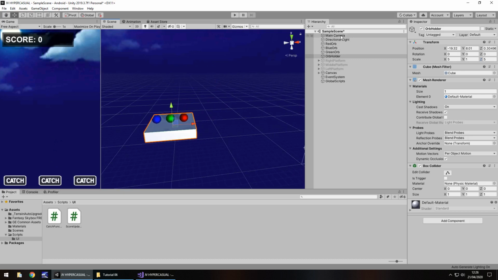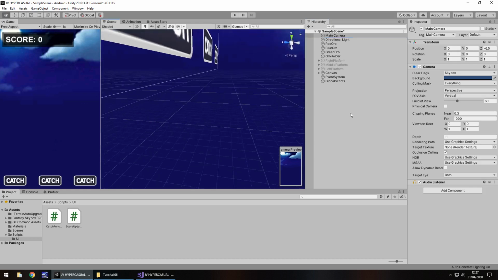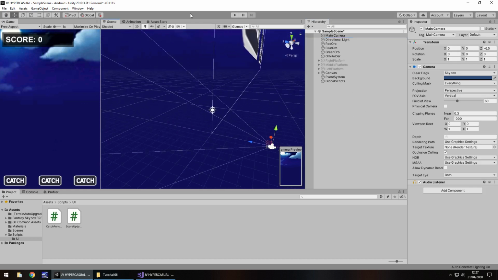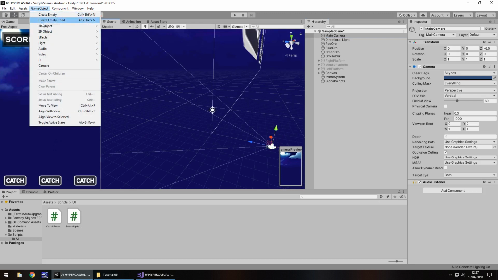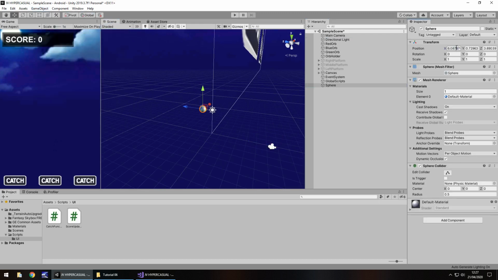However, what we do need to do is take our main camera, and we're now going to need to establish a couple of positions. Now, I think ultimately we probably could have used the orb's position where they were originally. However, let's get the positions that we're going to need. So let's go to game object, 3D object and sphere again. Let's set that to 0, 0, 0, and there it is in the center of our screen.